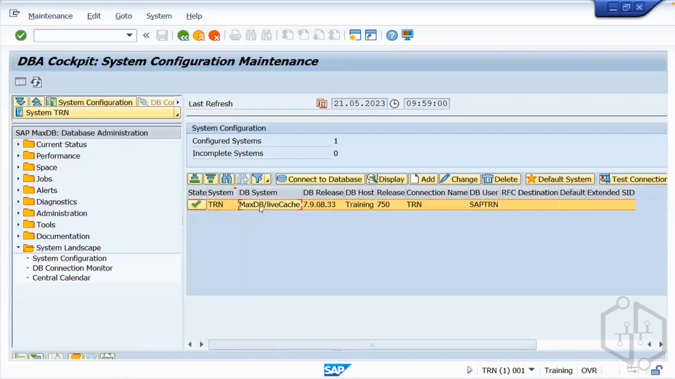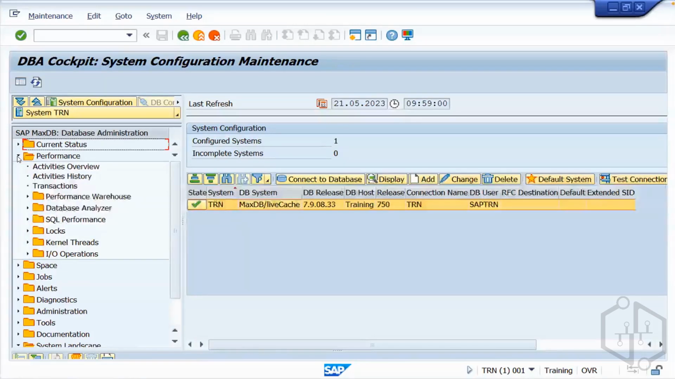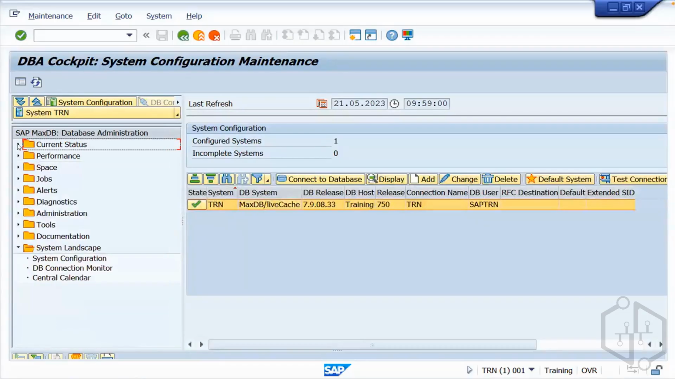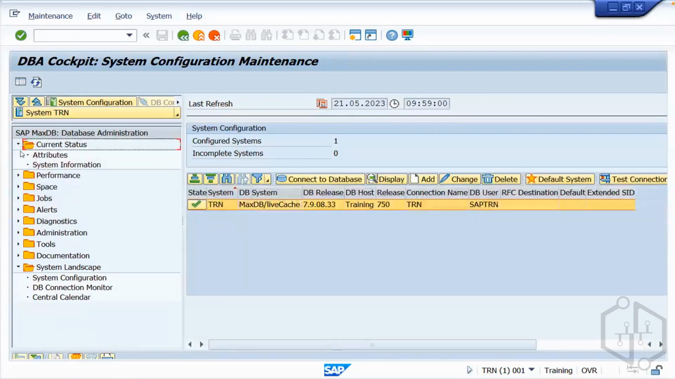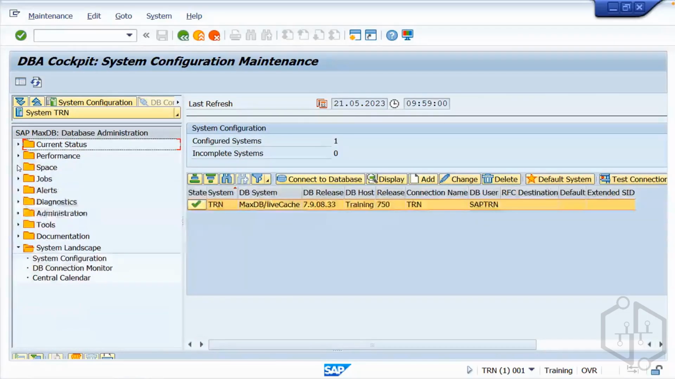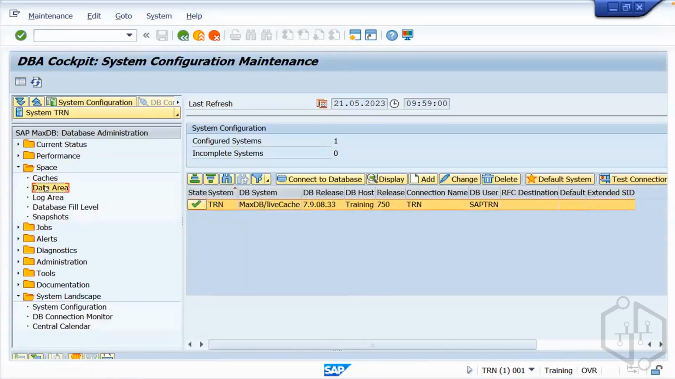So now, what is the database? Are you able to see? First, try to understand what our database is. MaxDB live cache. Here on the left side, we have everything. We have the performance of the database. You can see the current status. You can see the space. I want to see the data area. How much is the data area and how much is